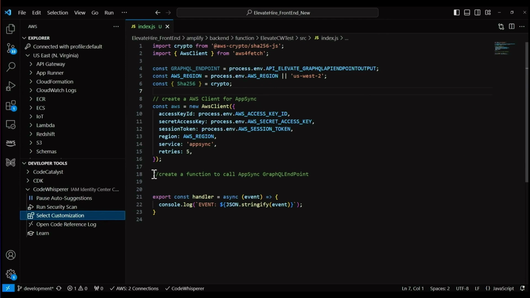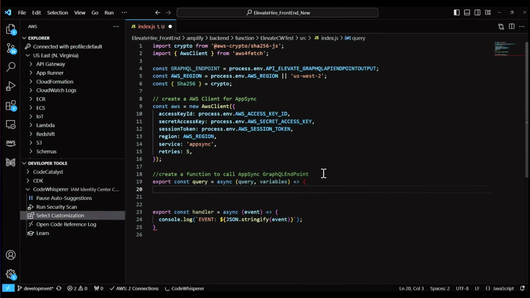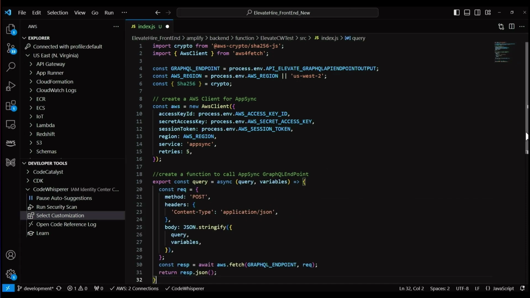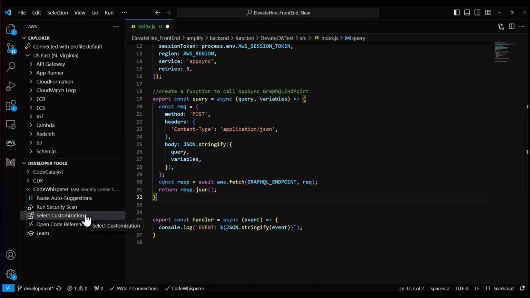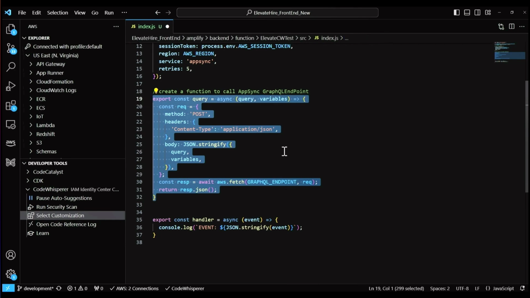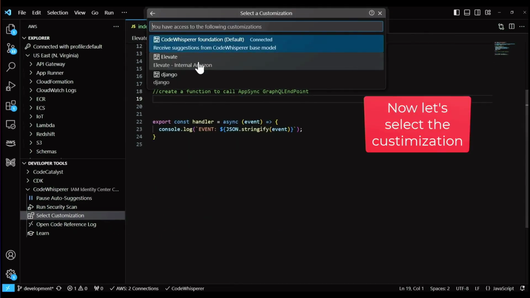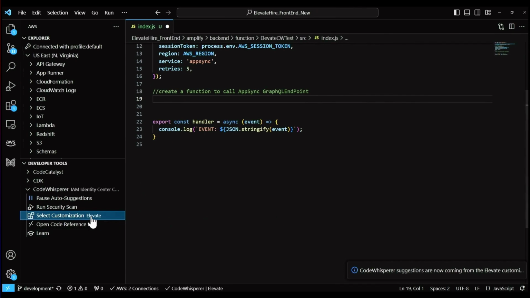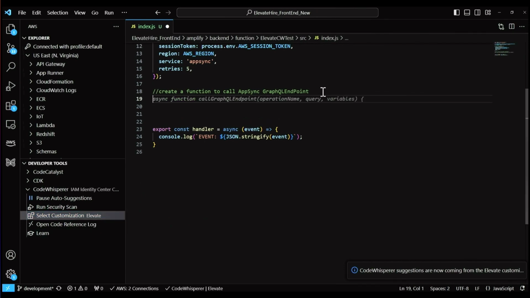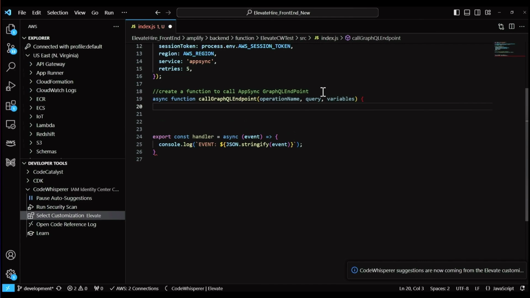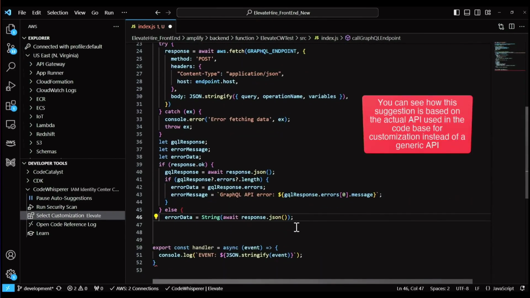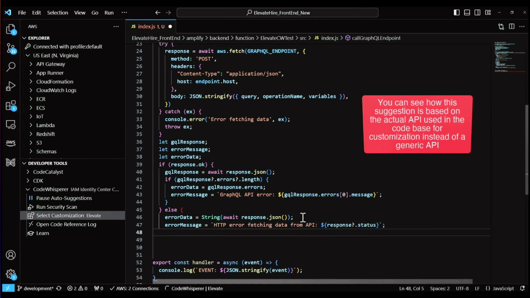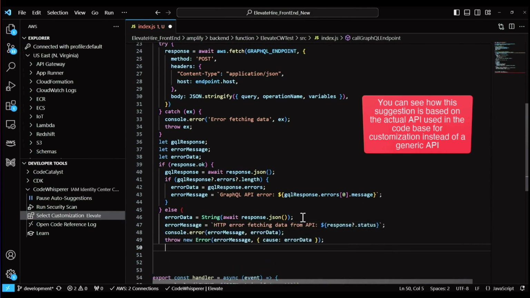So this is the foundation model. We are trying to create the AppSync endpoint now. And as you can see, this code looks good. This is pretty solid generic code, right? You might accept this. Now let's do it again. Now we will select the customization that was created for my company, and now we will create the code recommendation again. For the same file, same context, same prompt, as you can see, this is much more contextual to how you do things in your company, right?